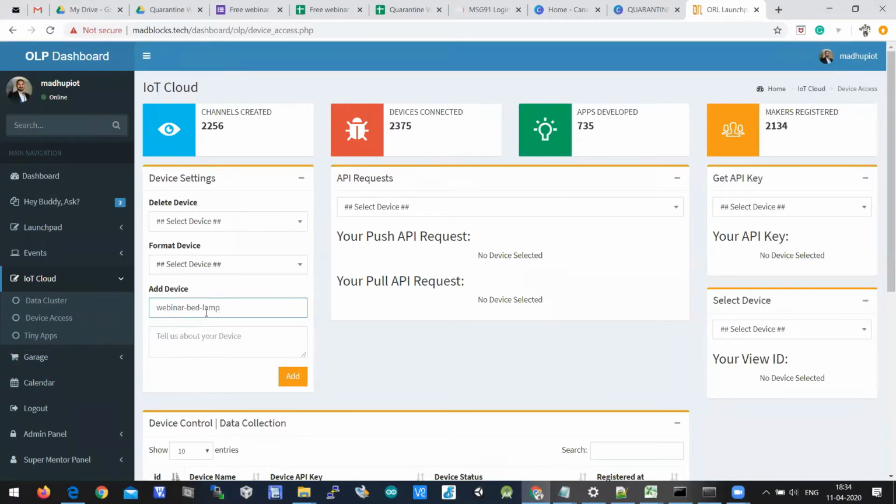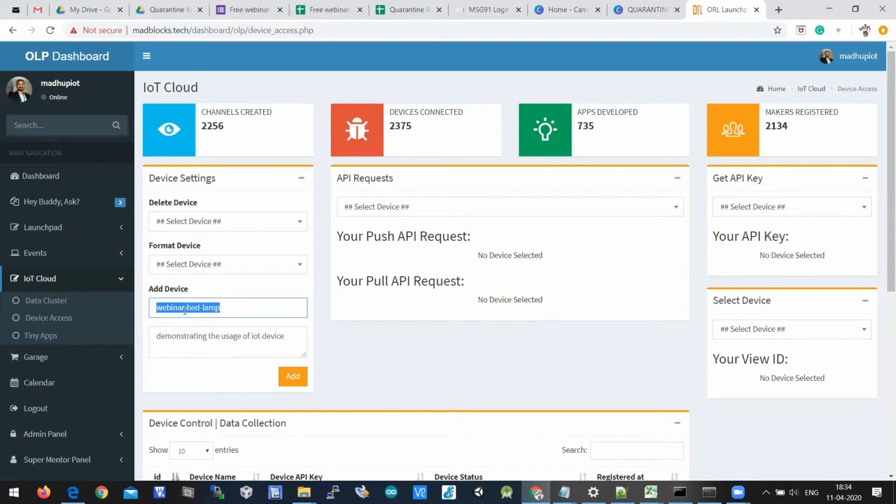I can put any device name, something like a nickname. Then I need to tell us about the device, so I'll write, okay, I'm demonstrating the usage of IoT device. I can write anything here.